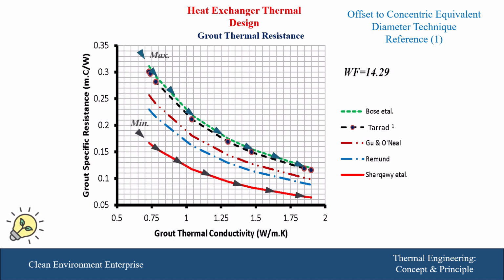The maximum value is for Bo et al., and the minimum value was predicted by Sharqawi et al., and it's obvious that the grout thermal resistance ranges between 0.31 to 0.16, almost double the value. Therefore, we have to take